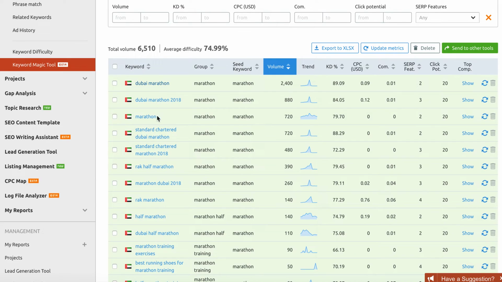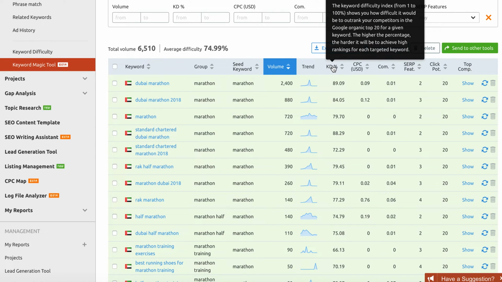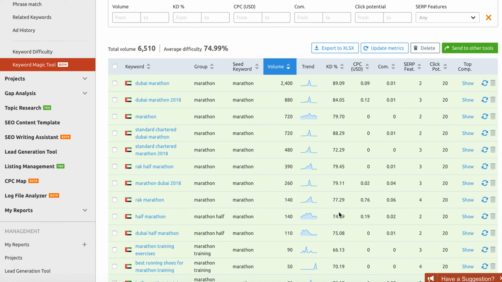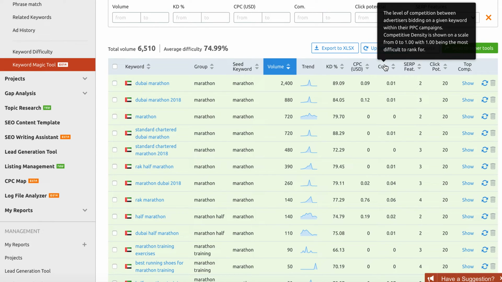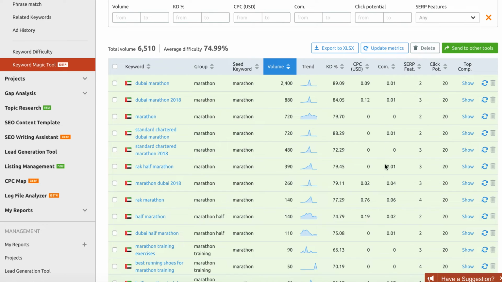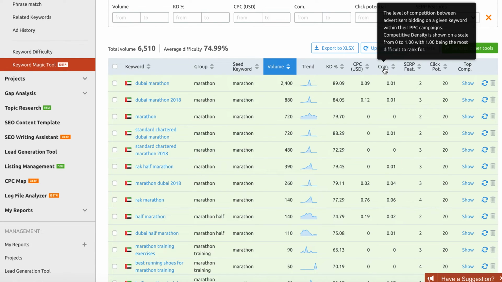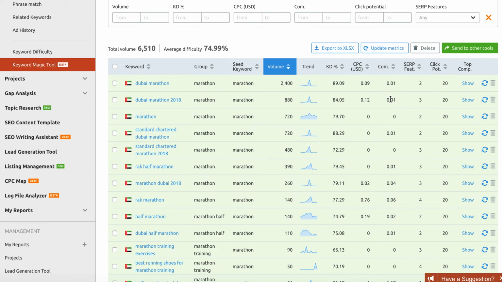I would make sure all of these, other than maybe the specific Rack ones, were mentioned in the blog post. So I'd add these a couple of times in the blog post. You can see here, keyword difficulty. This is how hard it would be to outrank your competitors. So these aren't super high numbers. This is actually pretty good. In terms of cost per click, we won't worry about that. Competitive density, so really not competitive. So this is good to know for your AdWords, in that not a lot of people are bidding here.